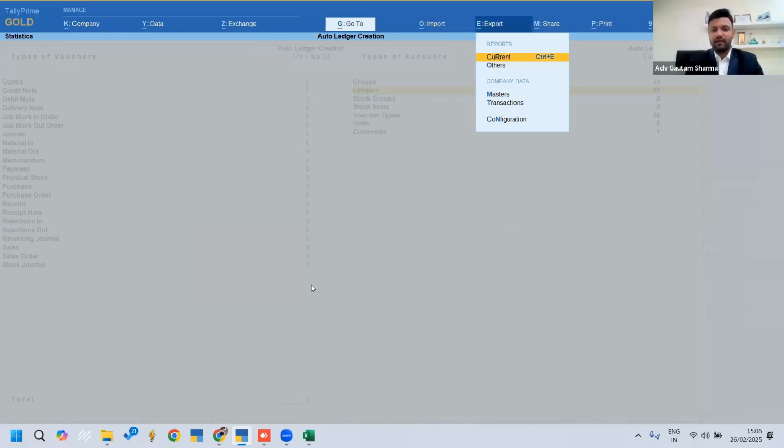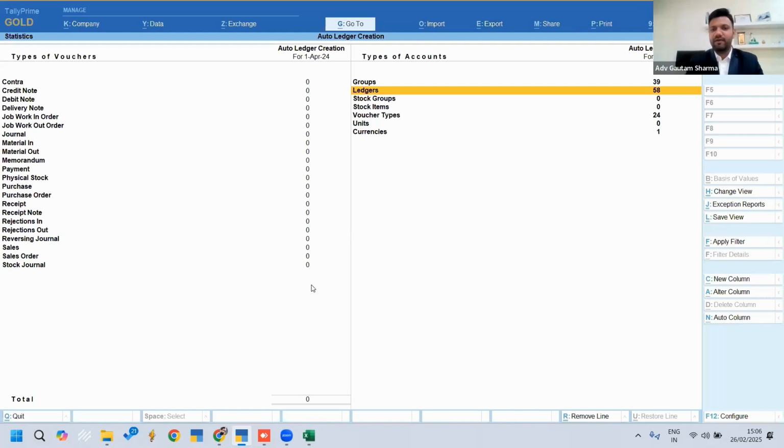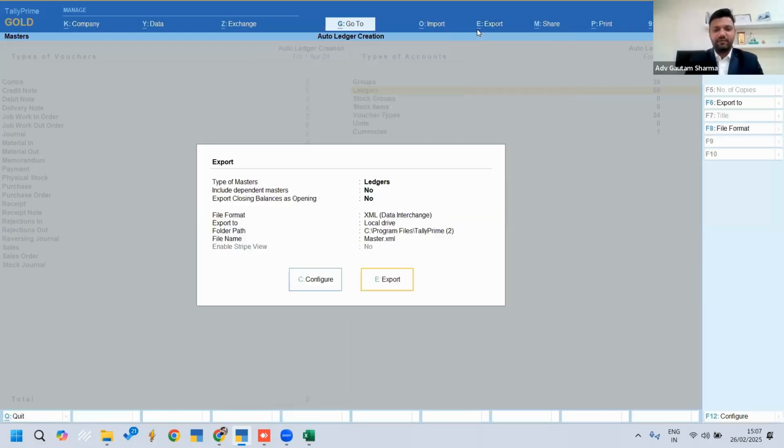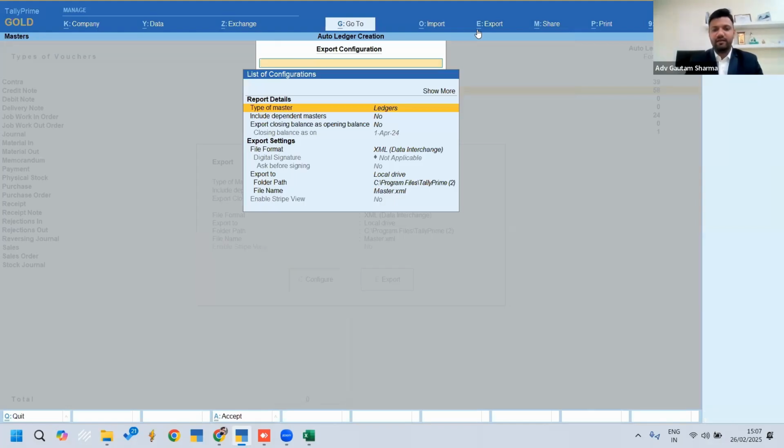Sorry, I'm repeating once again. We have to go to this export and from export, we have to select masters because we want to export the masters of this company. Now from this master, we have to go to this configure by pressing C and then we have to